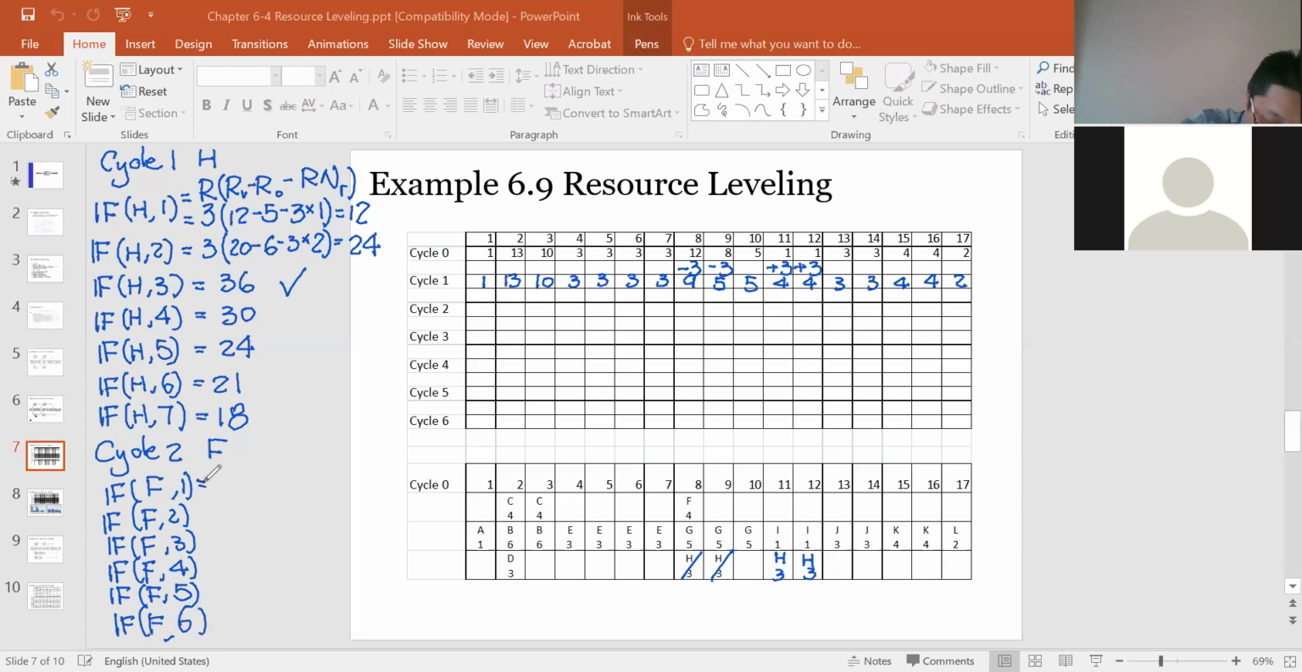Okay, this one, let me give you another example. If F shifted by 1 day, so F from this day 8 shifted to here. Okay, so from 8 to 9. So you're gonna vacate day 8, occupy day 9. So my R is 4 for F. And RV